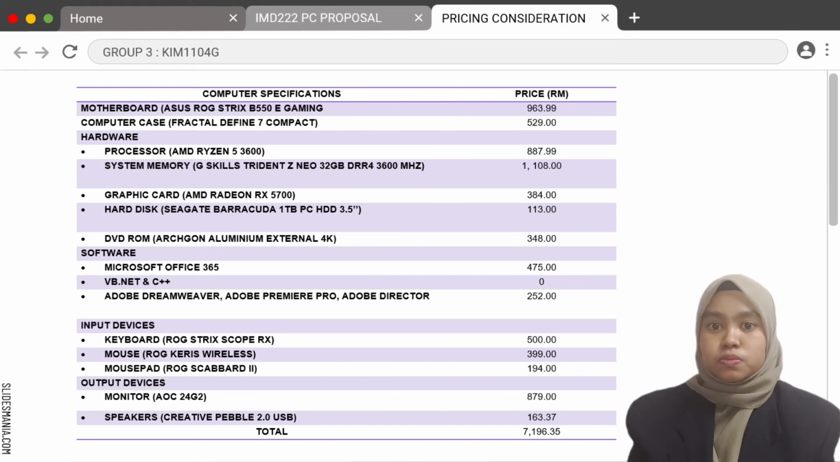For hardware, we choose processor from AMD Ryzen 5 3600 that costs RM887.99 Malaysia. System memory is from G.Skill Trident Z Neo 32GB DDR4 3600 MHz that costs RM1,108 Malaysia. For graphic card, it is from AMD Radeon RX 5700 that costs RM384 Malaysia. Hard disk from Seagate Barracuda 1TB PC HDD 3.5 inch that